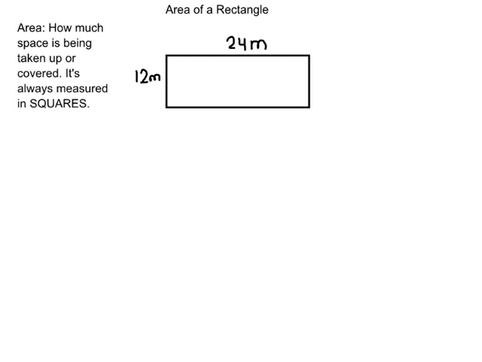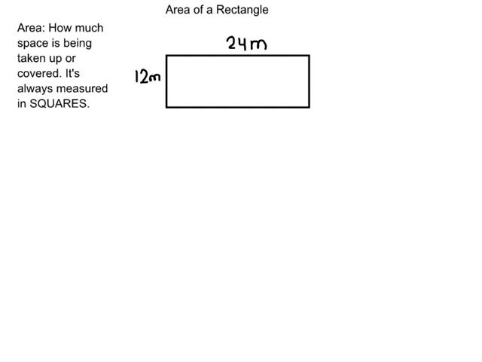So the way I like to think of it is, in your house, you have a floor and you put an area rug over the floor, and the amount of space that rug takes up is the area. All right. Now, it's always measured in squares, and it could be measured in centimeters, millimeters, decimeters, meters, whatever distance